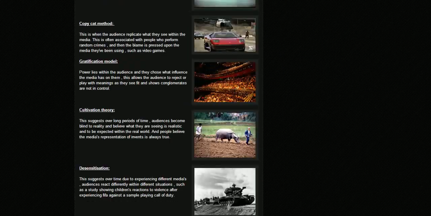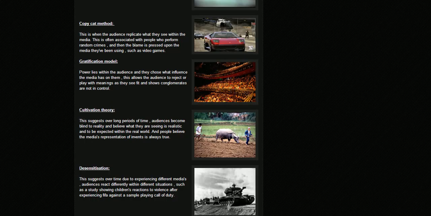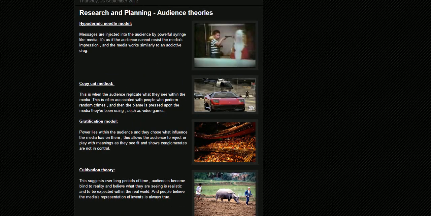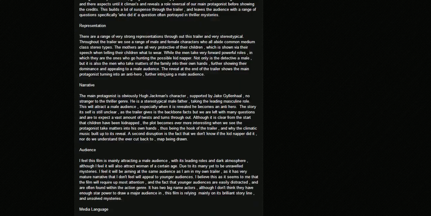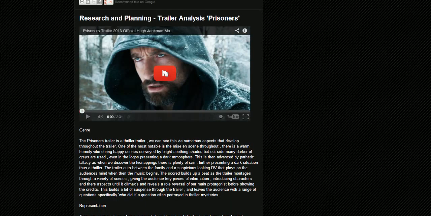our actual audience theories. This is something quite important for us to understand: the different theories and how they appear throughout the media. There's 5 here, I believe. Yes, we've got 5 here, just listed all the different theories so we understood them ourselves when creating our own work. We have the very first trailer analysis, the official trailer analysis I should say, of The Prisoners